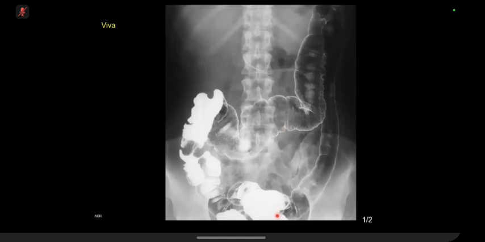So the transverse colon is a bit dilated. However, in the background, I can see multiple tiny filling defects are noted. So the multiple polyps are noted in the transverse colon, and the descending colon looks